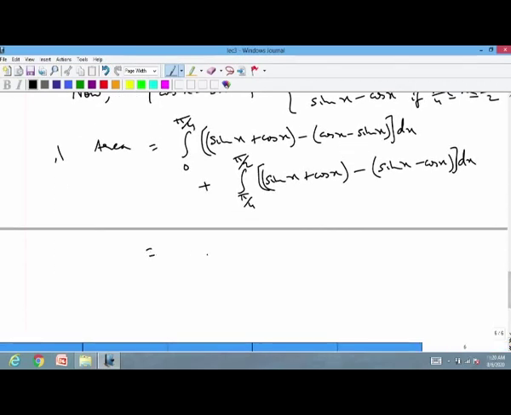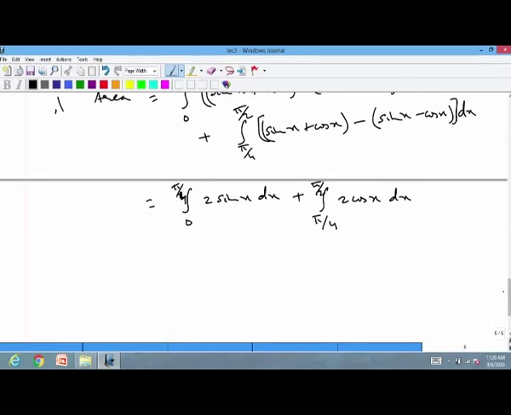So, this is equal to the first one, cos x cancels and we have the integral from 0 to pi by 4 of 2 sin x dx, plus the integral from pi by 4 to pi by 2 of 2 cos x dx, and then this is simply minus 2 cos x from 0 to pi by 4 plus 2 sin x from pi by 4 to pi by 2,